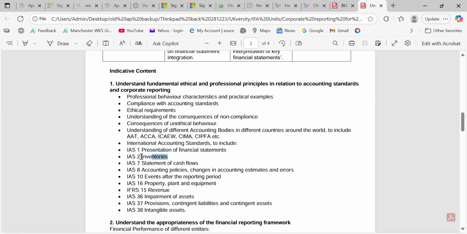International Accounting Standard 2 is about inventory. Inventory should be recorded at cost or net realizable value, whichever is lower, meaning the sale value against cost. Like Windows 98 CD software, maybe we bought 200 pounds' worth of CDs, but at the moment the current value of the CDs is maybe less than 10 pounds, or maybe no value, as no one is really looking to buy these.